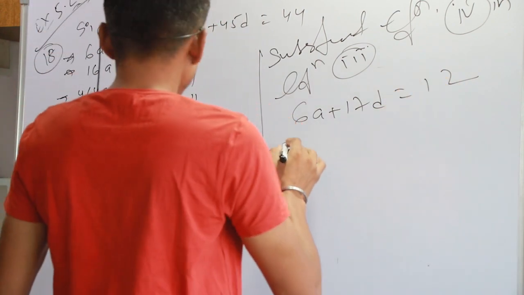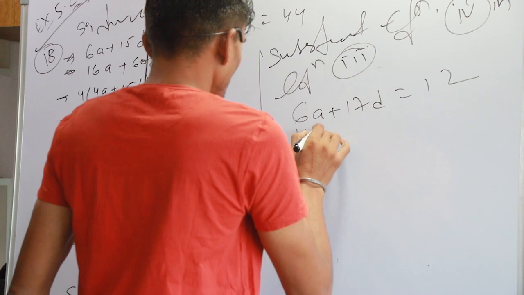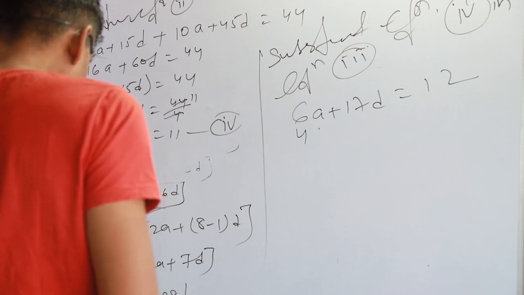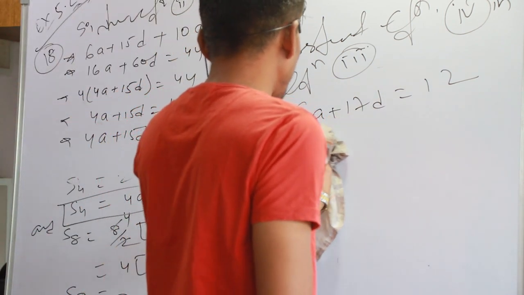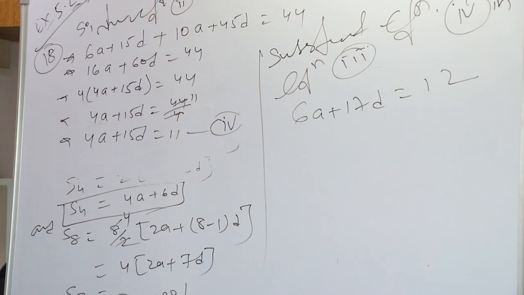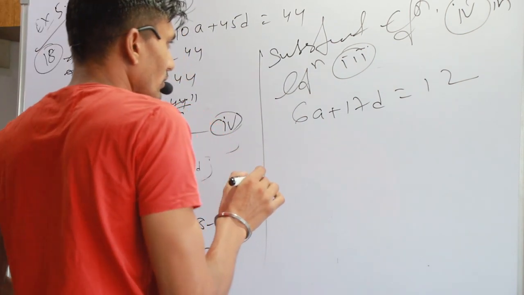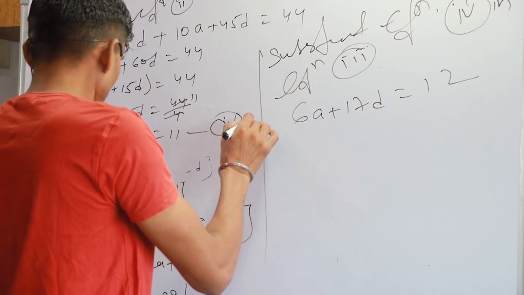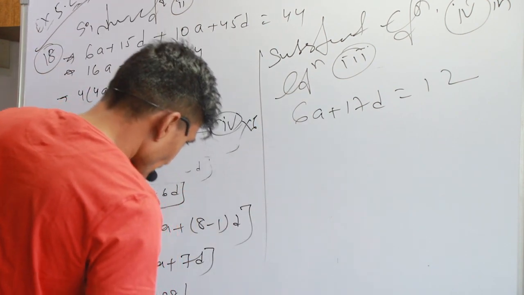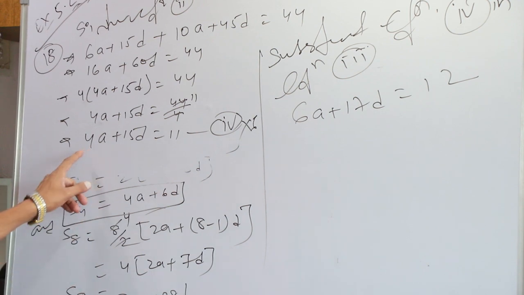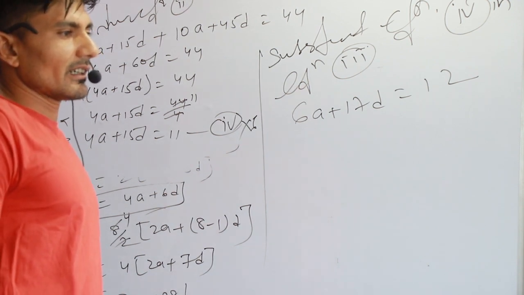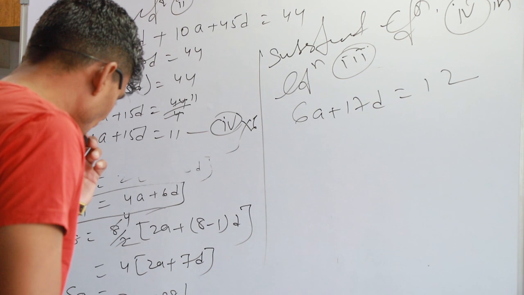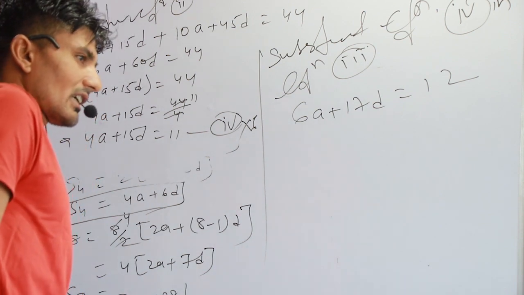Here, in equation 4th we have 4a, so we have to do something because we have to equate the equations. Otherwise a will not be eliminated. So we multiply this equation by 6 and that one by 4. Because if we do not, 4a and 6a, the a term will be unable to eliminate. So we have to multiply equation 4 by the coefficient of a from equation 3rd.